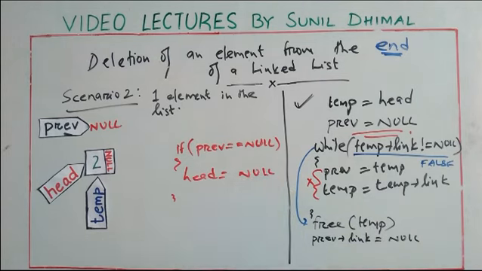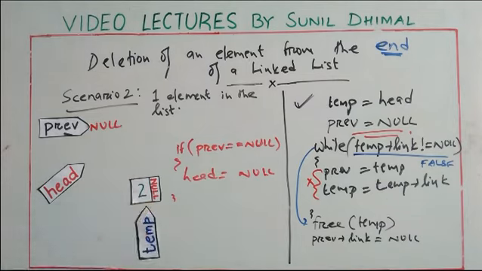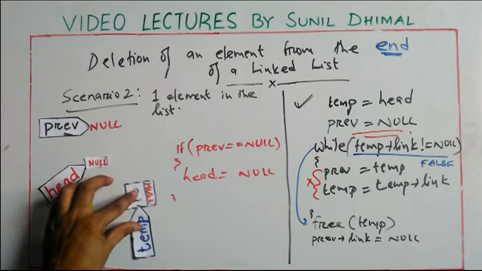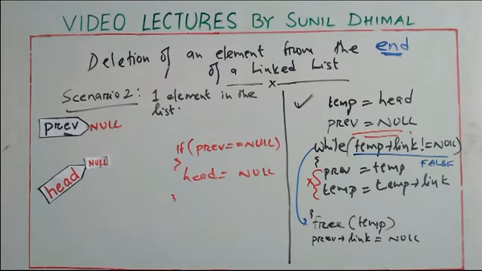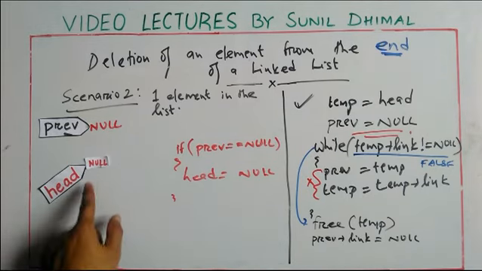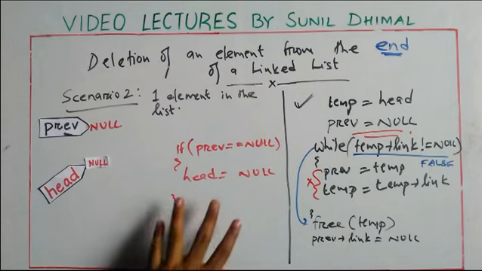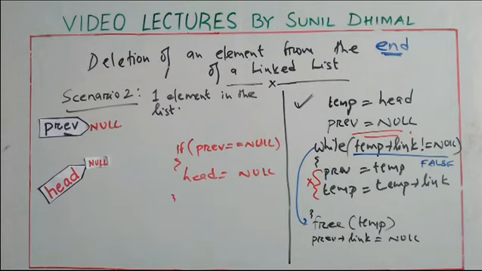In that case, what you do is you make head pointing to null, so you'll just make head equals to null, then you're done, right? Head is equal to null, then maybe you can free this temp, right? Now we have deleted the element and head is pointing to the null, right? So this is scenario number 2,